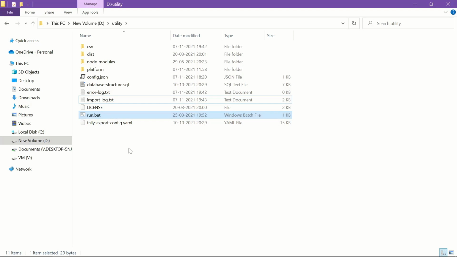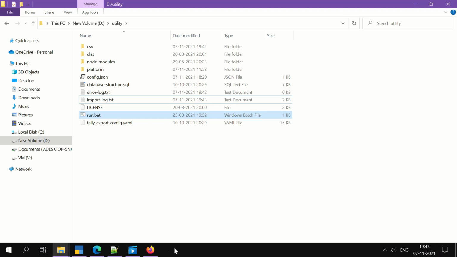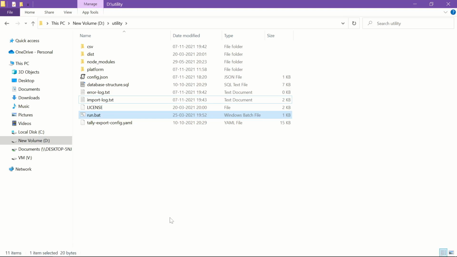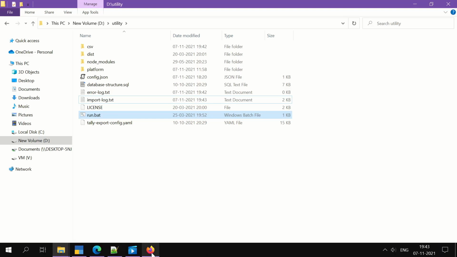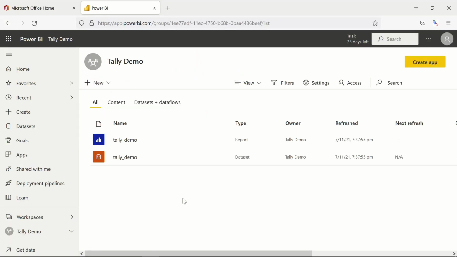Okay, the synchronization is complete. So now the SQL Server database on the Azure cloud has the latest set of data. Now you don't require Power BI desktop, as told. Now this connection is directly between the web version of your Power BI service and your Azure SQL database. So let us click the refresh button.